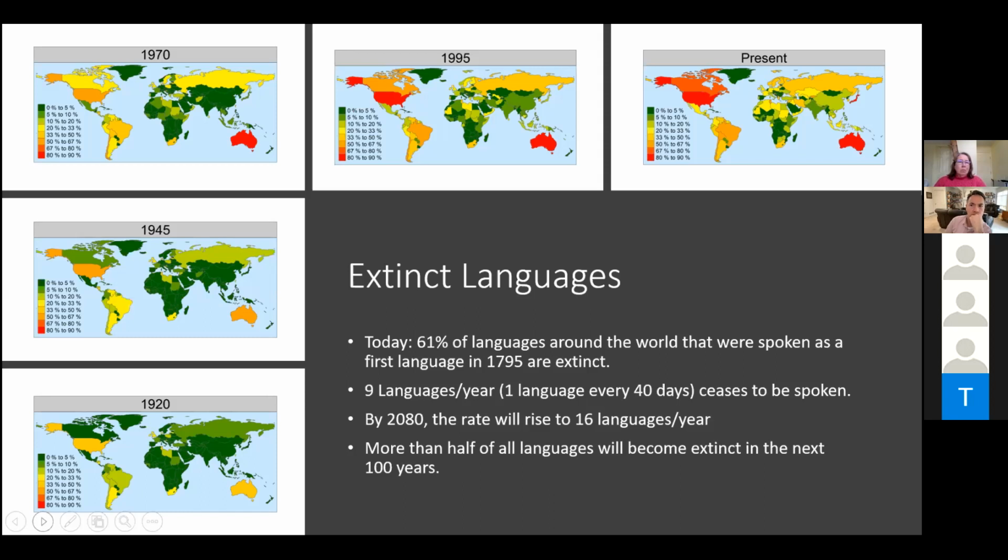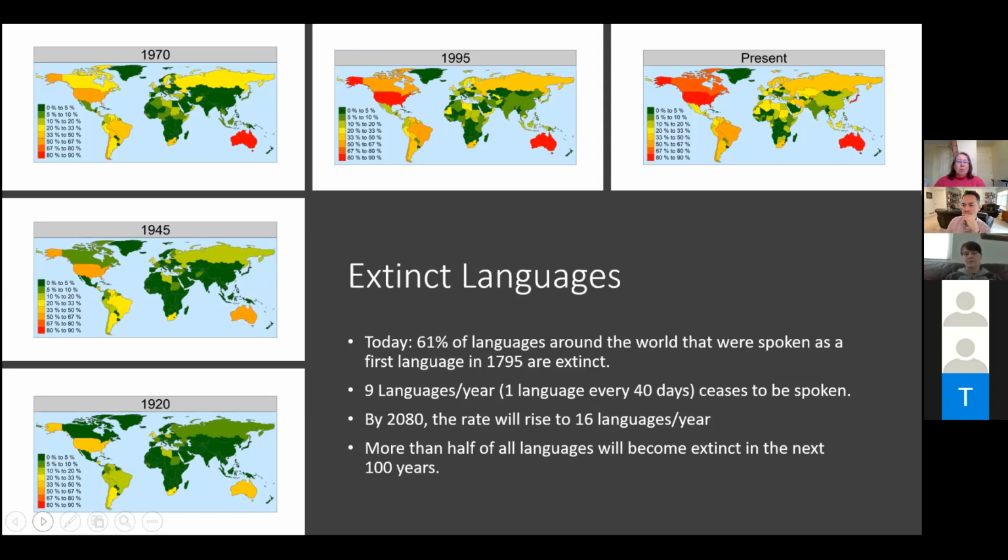Now, in 1995, even though the trend is still going in the wrong direction for preservation of language, there was a shift in national policies that were encouraging children to speak their traditional languages, but native language revitalization is extremely slow. I just want you to imagine what it would be like